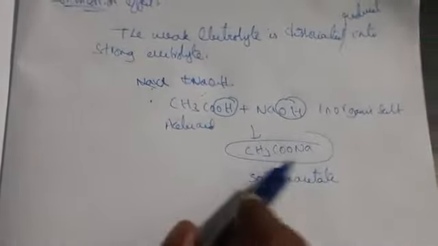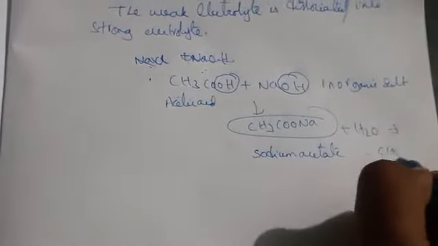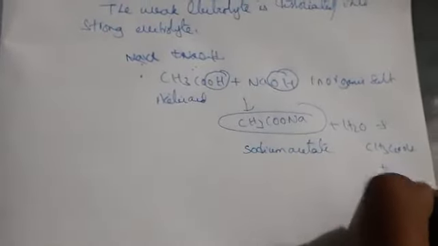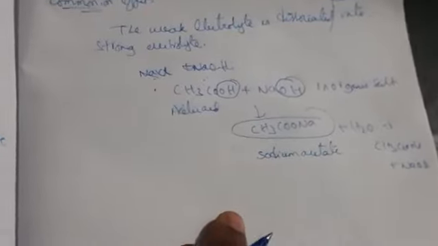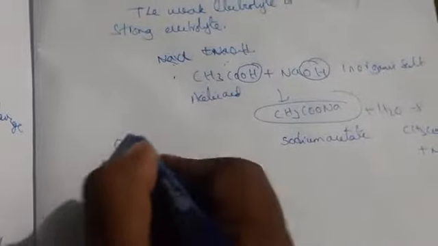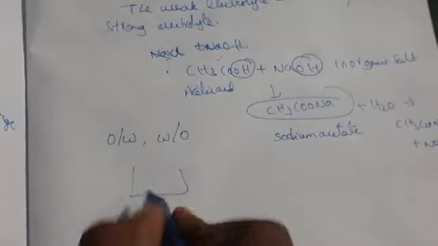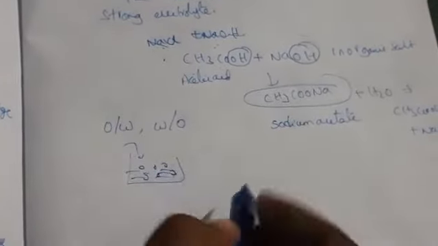For this again, if you add a molecule like a water molecule, then what happens? Again it is forming CH3COOH plus NaOH. So it is undergoing a reversible process. Okay, this is nothing but salting out agents. It is undergoing emulsions, we can say. Emulsion, do you know? Emulsion is nothing but oil in water, or water in oil phase. So if you take these two compounds, the formation will be like this. Oil in water type, it is going to form emulsion.